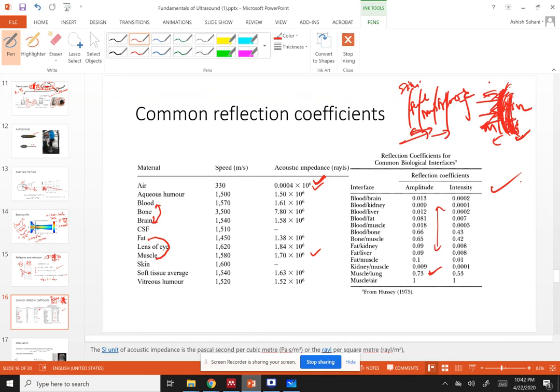If the layer transmits most of the ultrasound, then that layer might not be very clearly visible, because it transmits everything. So ideally a structure should reflect some and transmit some. It should not reflect too strongly, otherwise things behind it will be invisible. And if it transmits too strongly, then the thing itself might not be visible. Okay, so these are the ideas which I wanted to discuss today in this lecture.